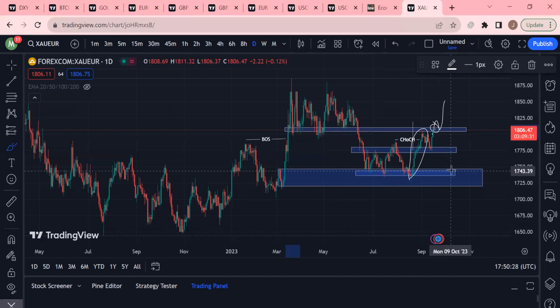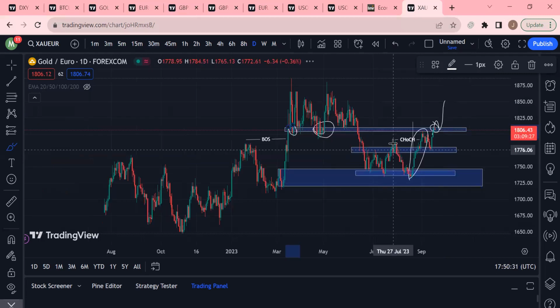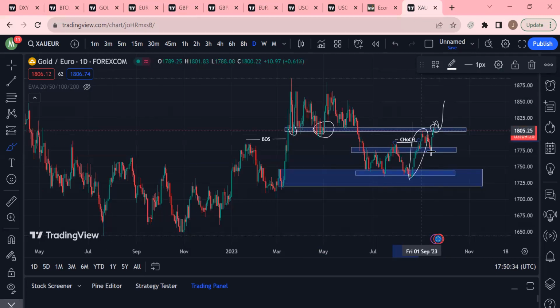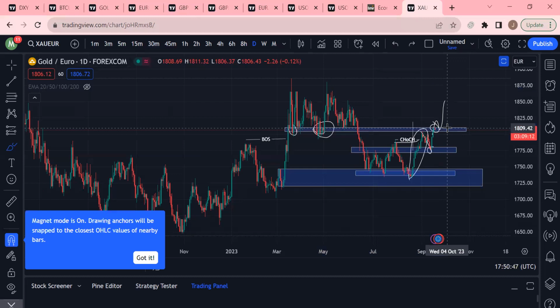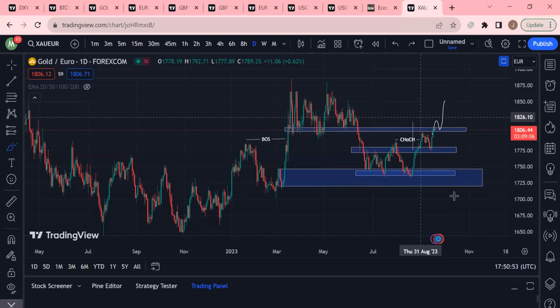All I can tell you is that as long as this market has switched and changed character to the upside and retested just 0.382, not even a dip down to 0.5, gold euro is on a move back to the upside. And that is going to give me my bias, and give me more confidence that gold is about moving to the upside, because if it's going to move against euro and it's going to move against the dollar,